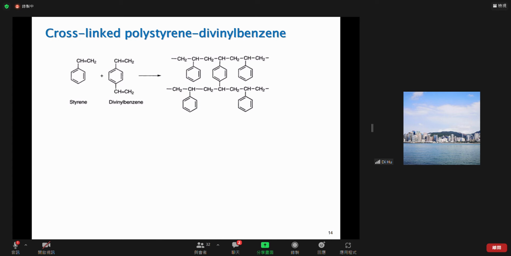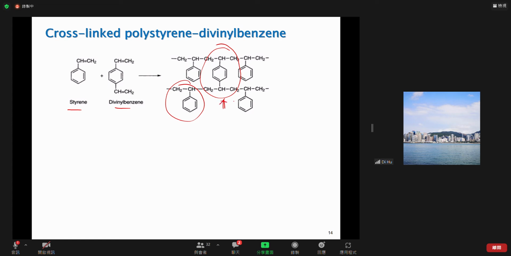Okay, this one is our old friend. We have seen that before, right? This is divinylbenzene, and this is the styrene structure. So you can see that it is used as the polymeric matrix. We can say co-polymerization, because there are two of them, right? Co-polymerization of styrene and DVB, and the amount of DVB involved